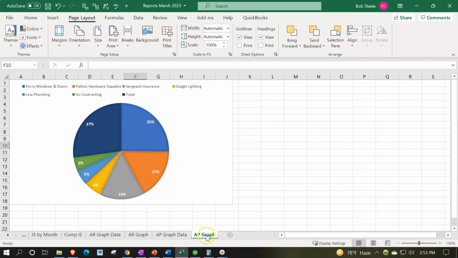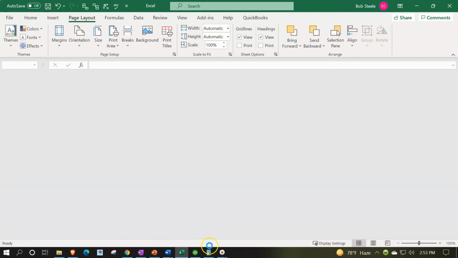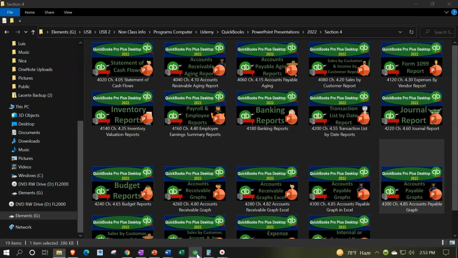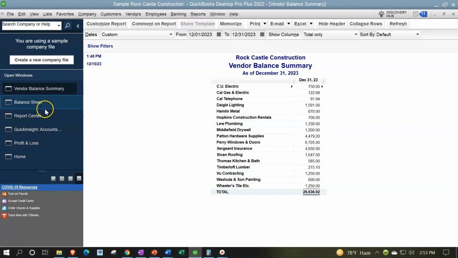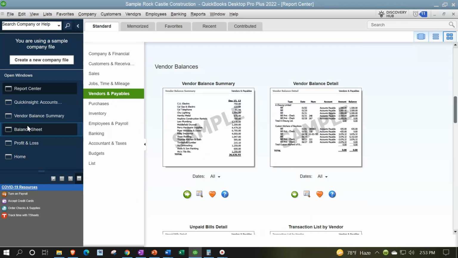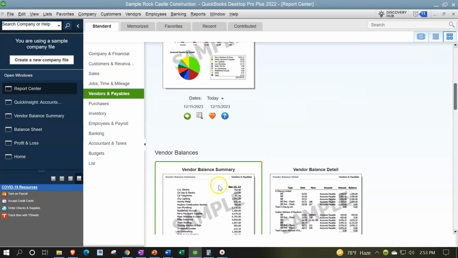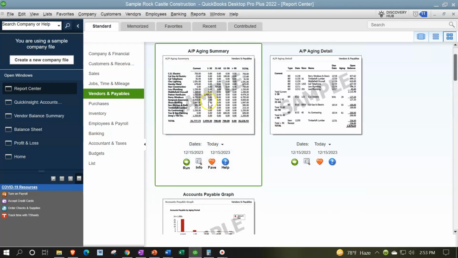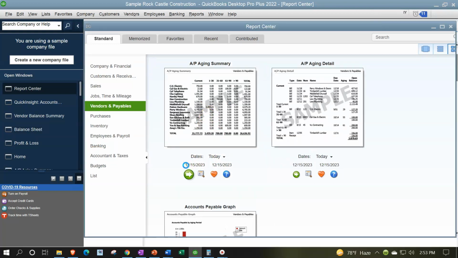Now you could do the same thing for the other. I'm going to save this. I'm going to close this sheet. Close this sheet out. If I wanted to do a similar process for the other graph, which was this one up top, we could say, okay, that's coming from the report center. That's just a bar graph, and that's going to be our aging detail. So this aging detail, I'll run that one,